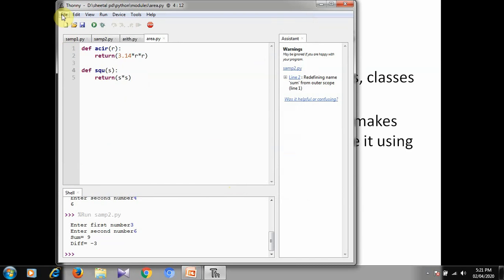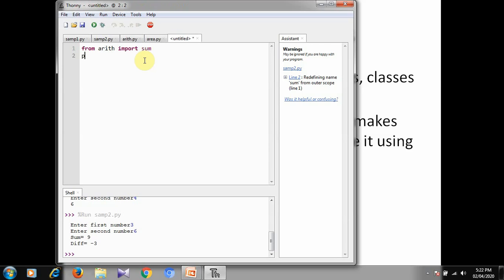Now we will use our sample file for using both of these modules. Our first module arith contains 5 different functions and the second module area contains 2 functions. Now we will use these functions in our third file. For that we are required to write the first statement: from arith import sum.